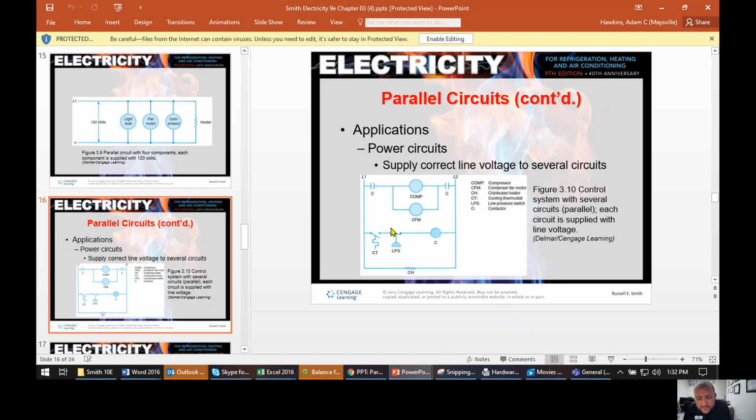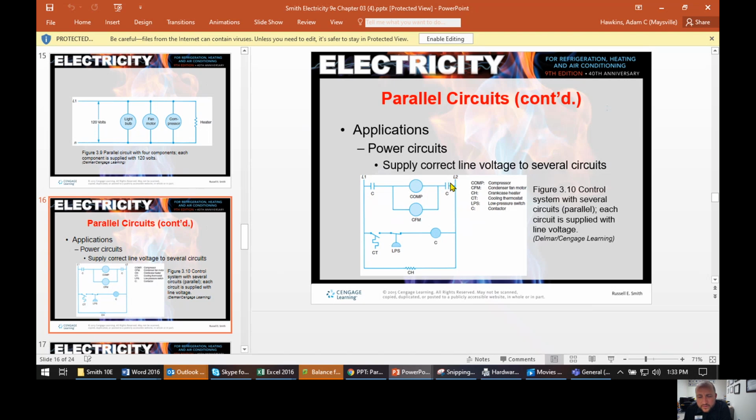And the reason I'm assuming that is because it's drawn in a normally closed position, which would mean that most of the time it should be closed and it only opens if something goes wrong. It's not always the case when you're drawing it, but that's the way I would draw that. So that one should be closed unless something happens. So if it were to get pressures too low, it's going to kick itself off instead of running and possibly harming something. So two things can control that coil, and then when the contactor coil actually is energized,